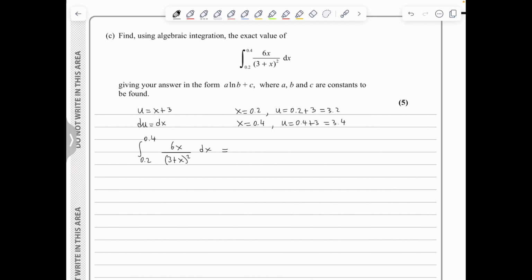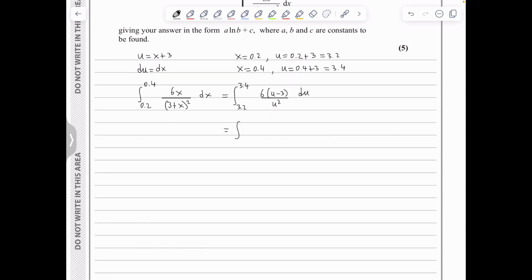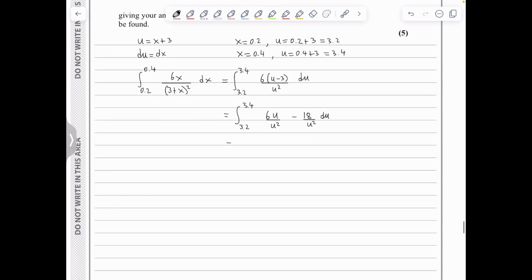This means that the integral from 0.2 up to 0.4 of 6x over the 3 plus x squared dx can be written in terms of u as the integral from 3.2 up to 3.4 of 6 times the x. Well, the x is simply u minus 3, so let me write in brackets u minus 3, over the 3 plus x all squared is simply u squared, and dx is du. So I can proceed into expanding. This is the integral from 3.2 up to 3.4 of 6u over u squared minus 18 over u squared du,